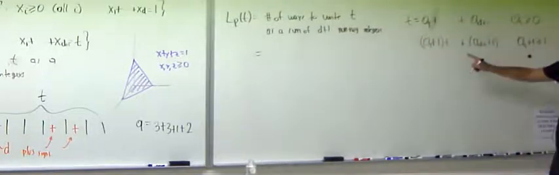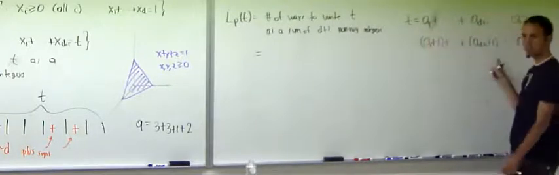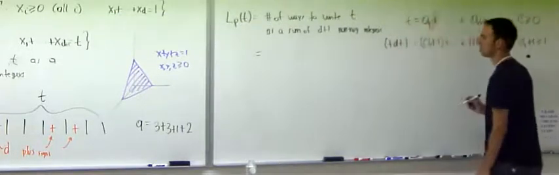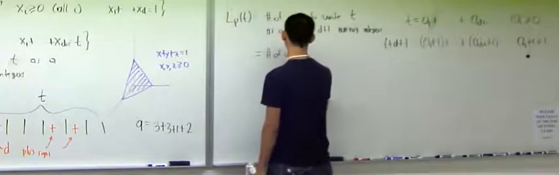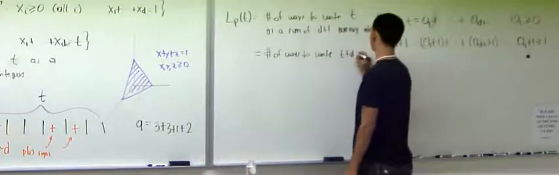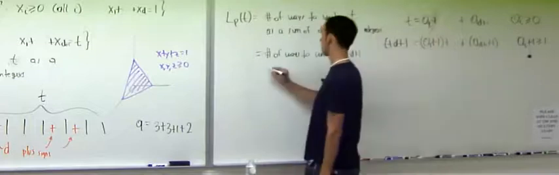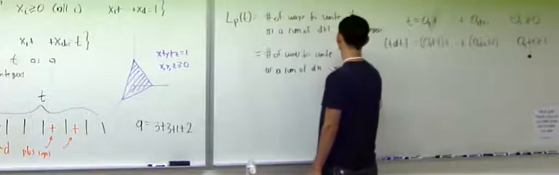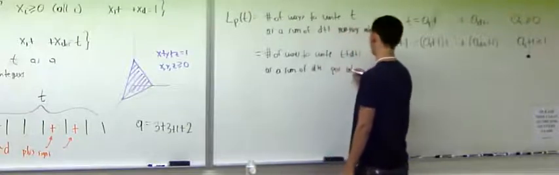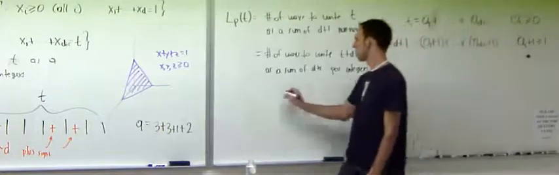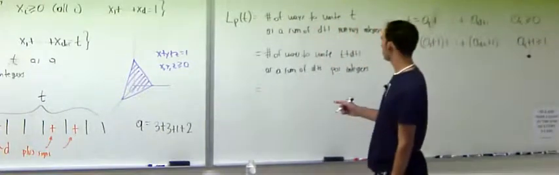And what do they add up to? Well, it was t, but now I added d plus 1 once. So t plus d plus 1. So this is the number of ways to write t plus d plus 1, because this is a bijection, as a sum of d plus 1 positive integers. So I reduce it to the previous computation, and what I get is,